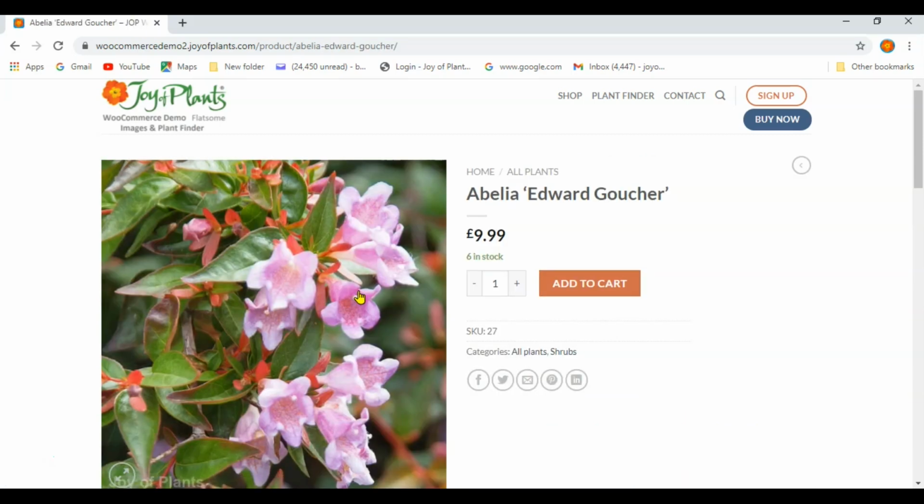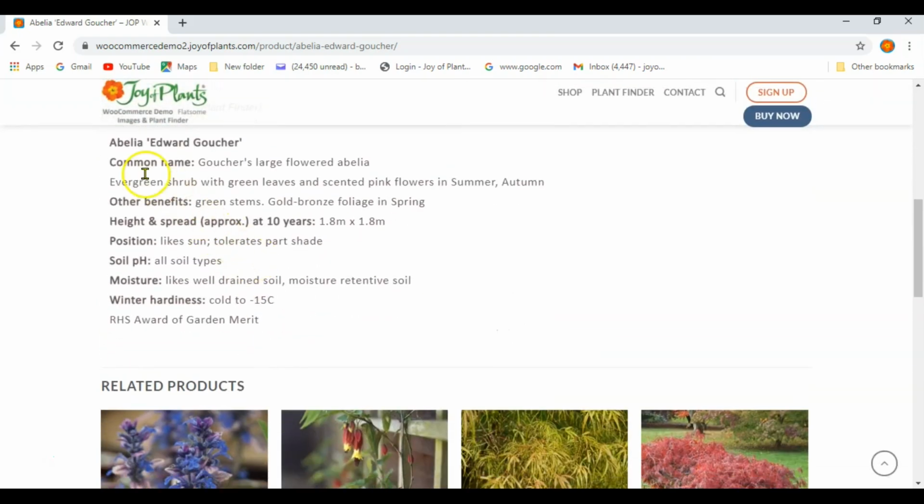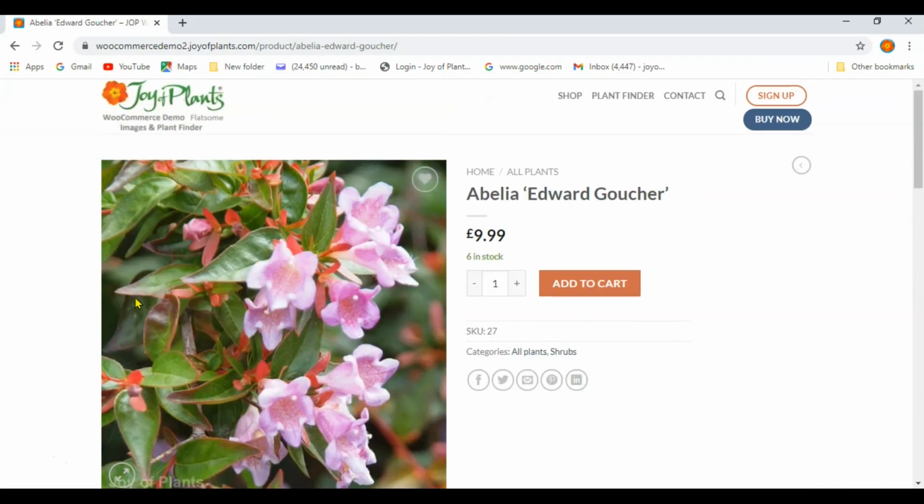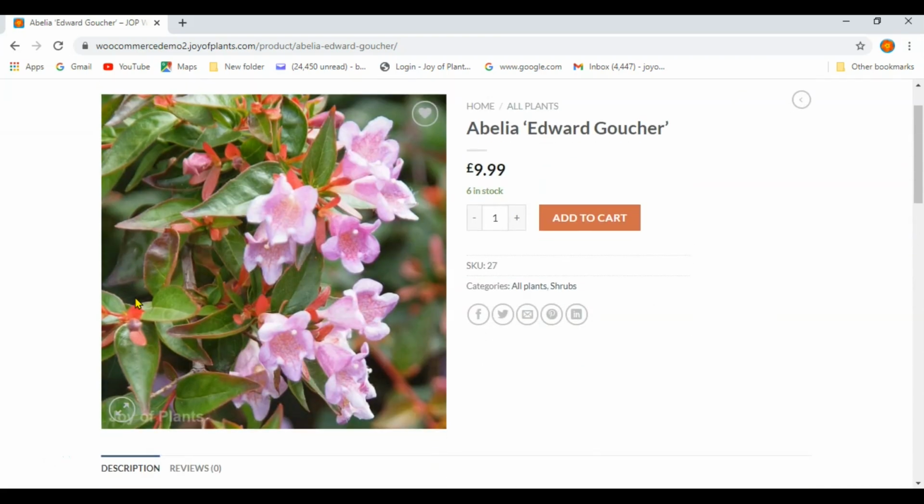Clicking on a plant, we see the product page. We see the large image and then underneath it the plant description, both image and text supplied by Joy of Plants. The size of the plant image is set according to your theme settings. As I will show you later, the font and text style settings can be changed to match your webshop in our admin site,